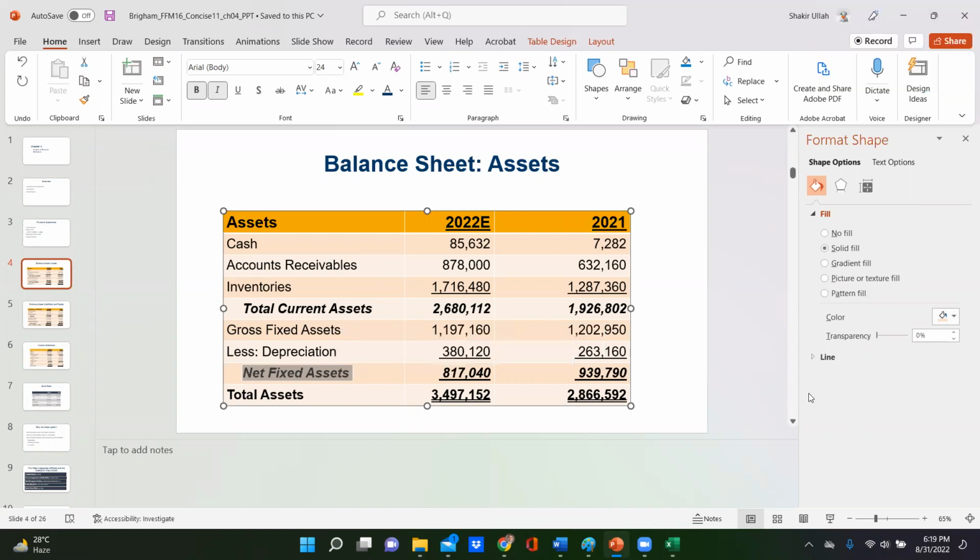Usually current asset is referencing the asset for this fiscal year. Perfect, Tasha. That is a perfect answer. Any asset that we intend to convert into another type of asset, or we intend to convert into an expense within one financial year, that would be a current asset. If the asset stays with us for more than a year, then it would be a long-term asset. So very good, Tasha. Thank you.